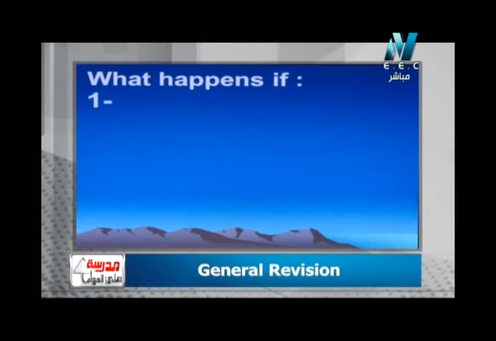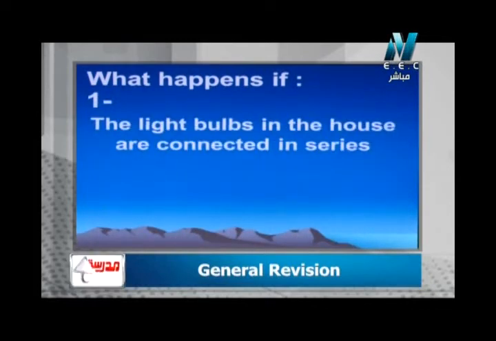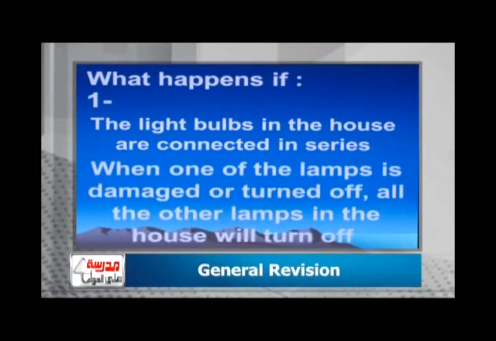So let's practice for this question. The question says that what happen if the light bulbs in the house are connected in series. احنا درسنا في first part النهارده او راجعنا النهارده ان light bulb are connected in parallel. طب لو هما متوصلين in series for example some electrician بعض الفنيين الكهربائيين غلطوا ووصلوا all the lamps in series. What happened? All when one of the lamps is damaged or turned off all the other lamps in the house